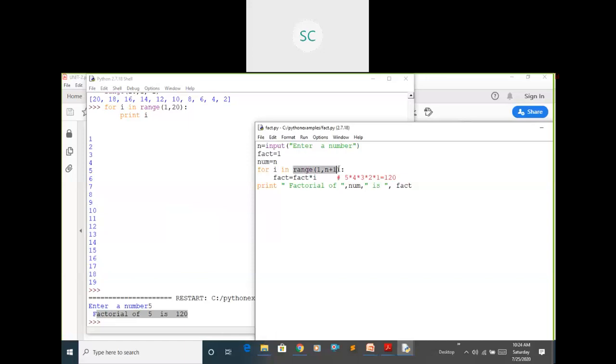It starts from 1, it ends with n plus 1. N plus 1 means, for example, if you take 5, the range stops at 4 only, right? But I want to repeat up to 5. For that I have taken n plus 1. Just multiply with that I value here. Just I have printed in the output.